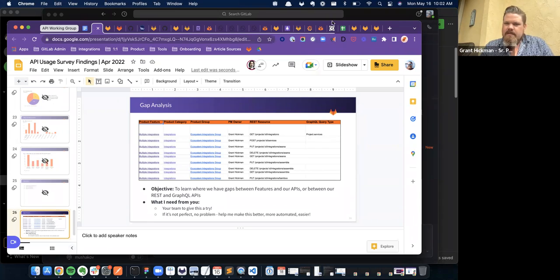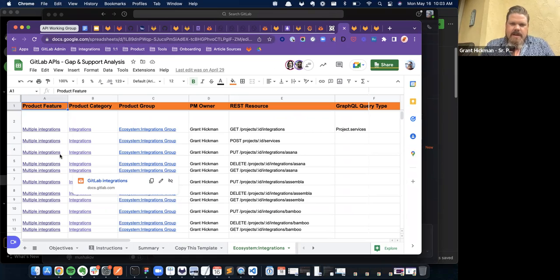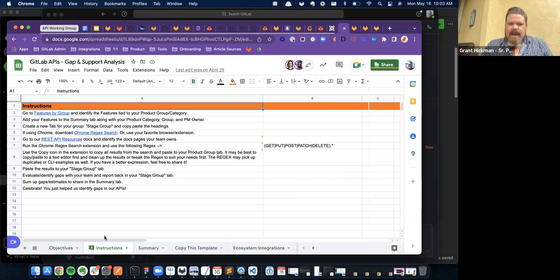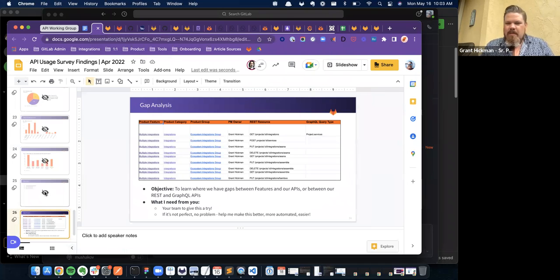Once you jump into that sheet, I need to add a link there, and I think I have one earlier in the presentation. But once you jump into it, you should be able to go to the instructions tab and give that a try. If you hit snags, you can comment me. If you have ideas, you can comment me as well. But yeah, I'll pause on that item. Anyone have thoughts or feedback? Does this seem helpful? Or should I share a little bit more about it?